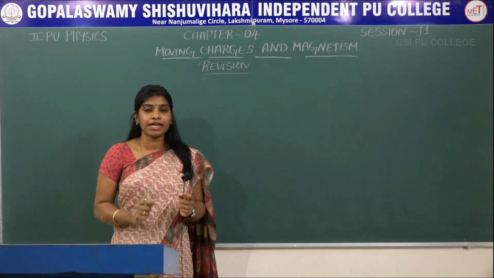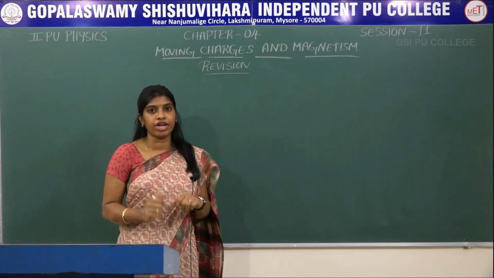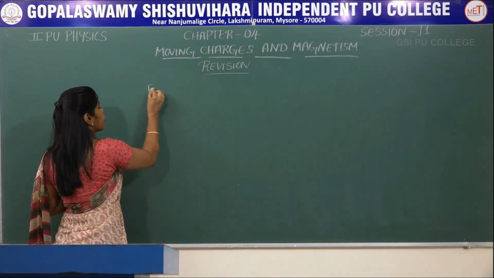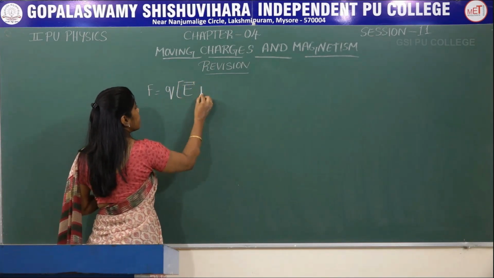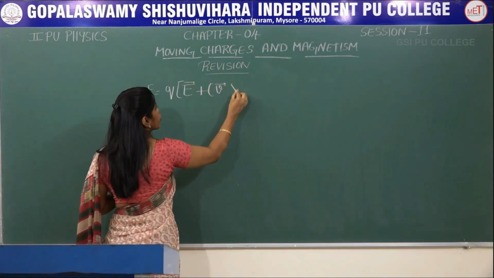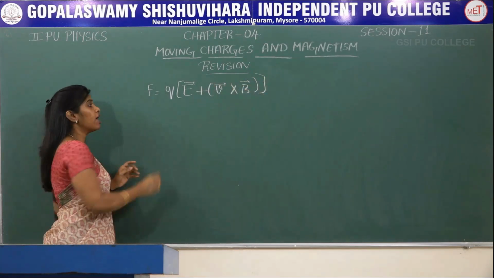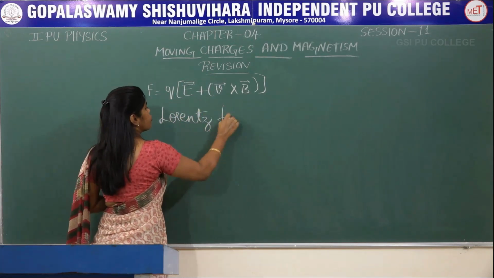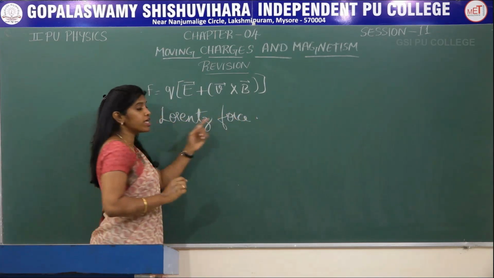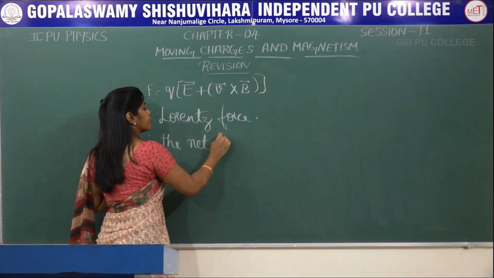Now if the charged particle is moving under the influence of both electric and magnetic fields, then the force is given by the formula F is equal to Q into E plus V cross B. This is a very important formula. This formula is called the Lorentz force. So what is Lorentz force? It is the net force